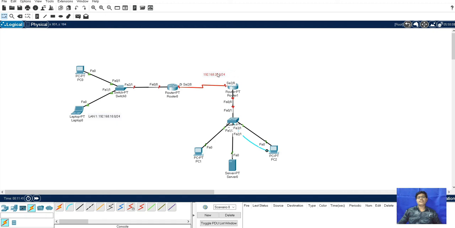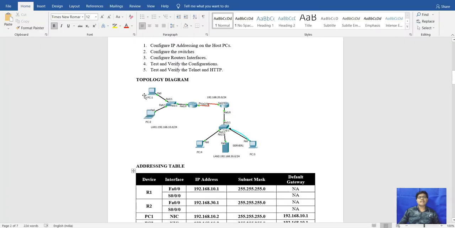So here this will be for the routers, and here LAN 2, 192.168.30.0/24. So this is the LAN 2, and here is the PC1, PC2, PC3, PC4, and this is the server.